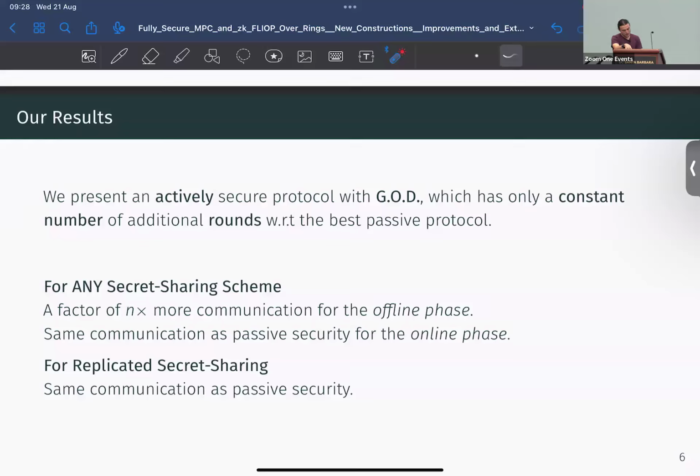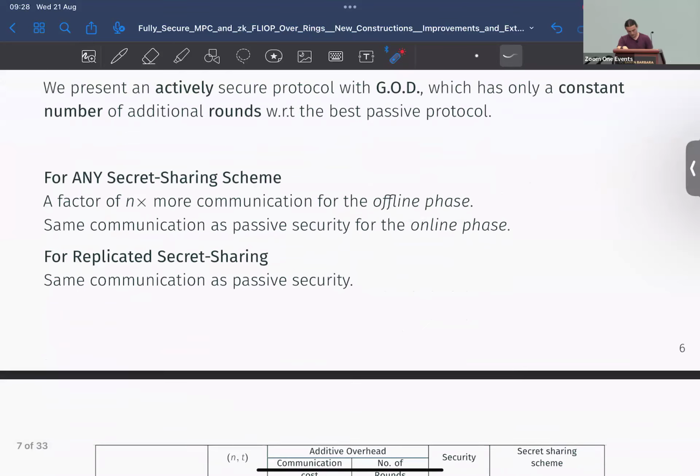If you have replicated secret sharing specifically, which works best for a constant number of parties because the share size is exponential, then you can actually get the same communication as passive security end-to-end. And this is simply because you can do a silent preprocessing where everyone starts from some seeds, and then from those seeds they can expand to secret shares of whatever preprocessing they need. But just emphasizing, the bottleneck now is in the preprocessing. So we managed to push things up a little bit.